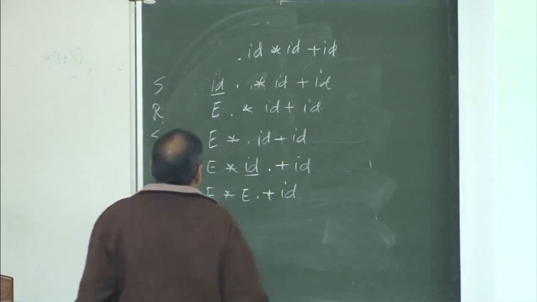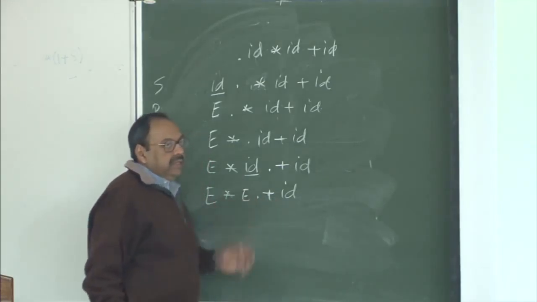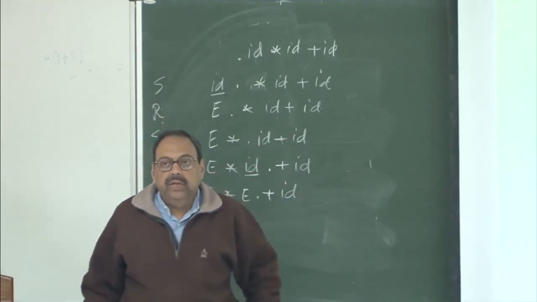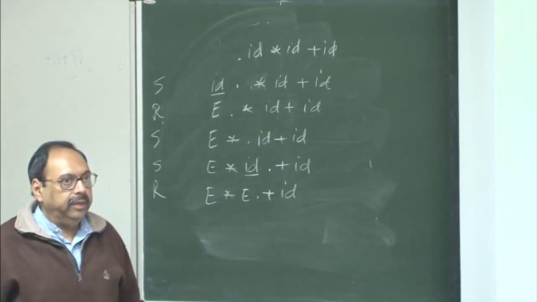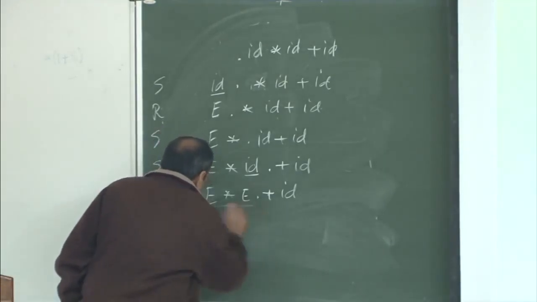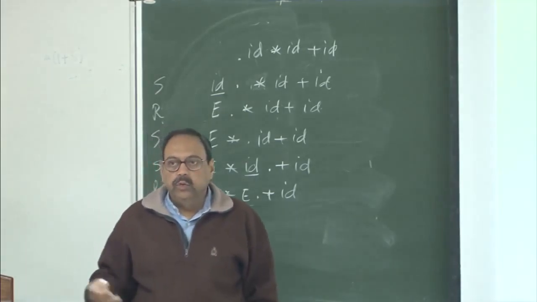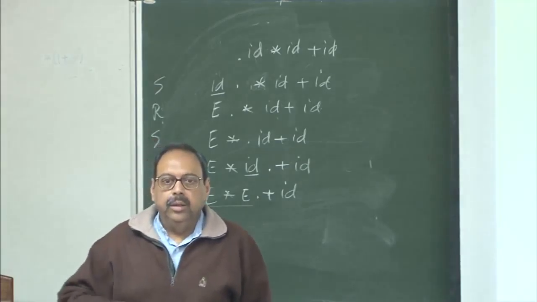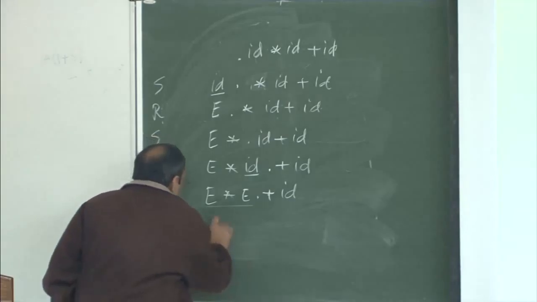Now I have a choice, whether I want to shift or I say that E star E matches the right hand side of a production and therefore do a reduce action. So what I decide at this point of time is that let me do a reduce action. I am not telling you why I am making this choice, why I am reducing instead of shifting. But let's assume that this is the action I take, then this becomes my